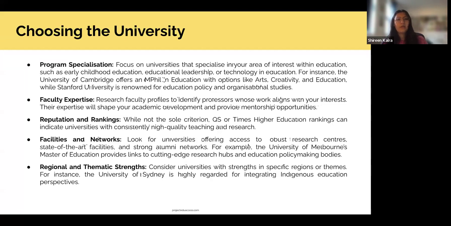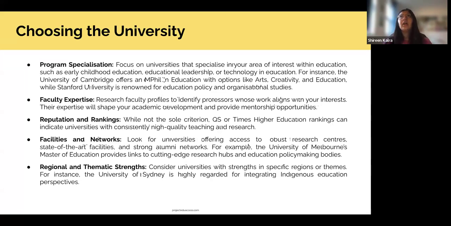Very closely associated with that is the faculty expertise. Again, you've done your undergrad, now you're moving towards something that's more specialized, more specific to your research or your professional interest. A good way of looking into courses is to figure out what faculty in the university website or department website that you're looking at are researching on.